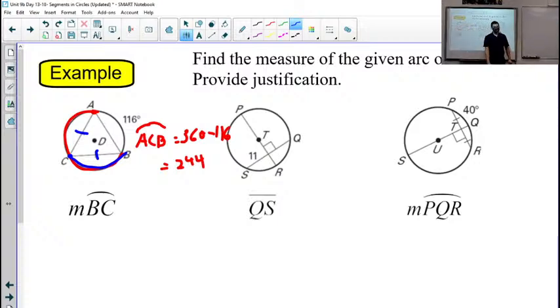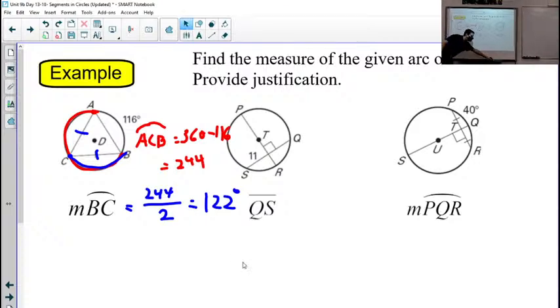So C is acting as kind of a midpoint of the arc between A and B. So that means if I just take the 244 and divide it by 2, split it in half, that will give me this measurement. And that is because the chords were the same, which